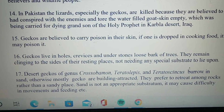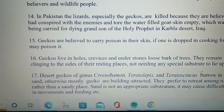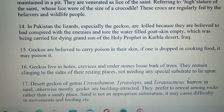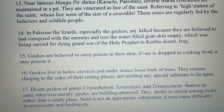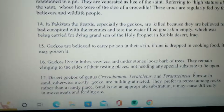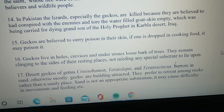So if we look at this point number 16, geckos live in holes, crevices and so on. This is in the article written by Dr. Mohammed Sharif Khan, who is a well-known leopard gecko expert, a herpetologist and zoologist. He wrote this document on the leopard gecko, and I have mentioned him before, and this has kind of struck